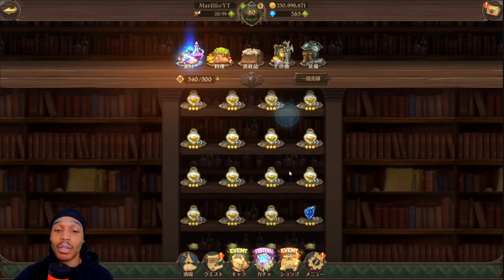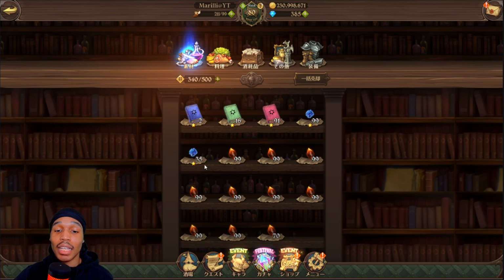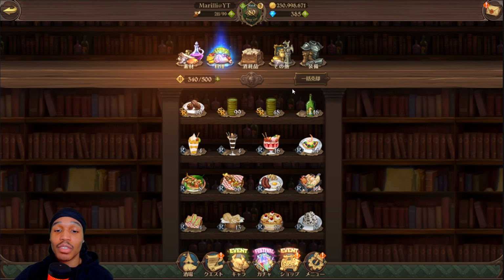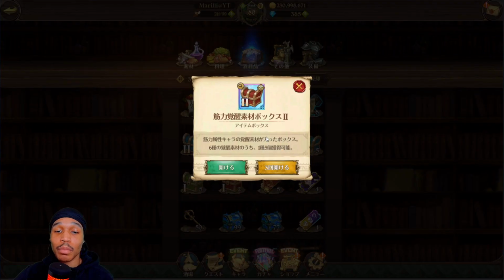You got some ugly regular stuff like EXP pots and all that good stuff. I had to get rid of a lot of these on brownstones. I had like, I think, like 8,000 I had to get rid of. Gotta get that material space in. Got the food inventory, of course. Then you got this stuff. This is just box for like materials and stuff